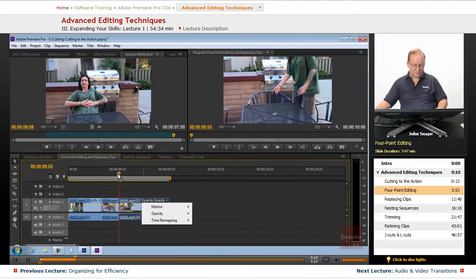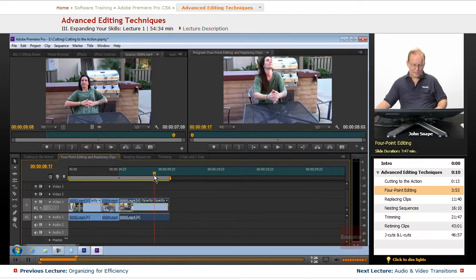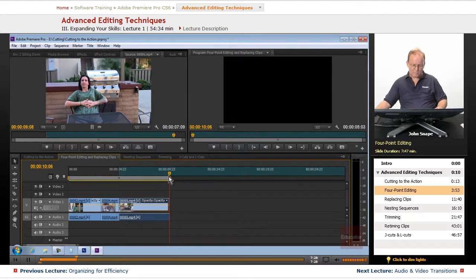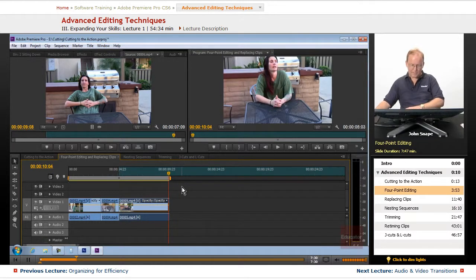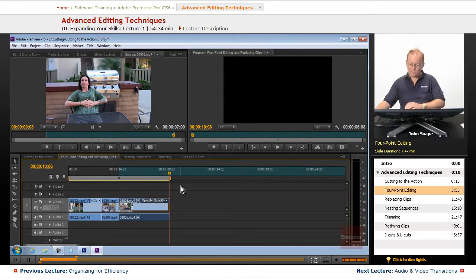Now this one, we want to have the in point at the beginning of the clip here, and the out point, we want it right at the end of the clip, because we want this clip to only be 5 seconds long. So we'll hit our out point there. Now we want to overwrite that one,